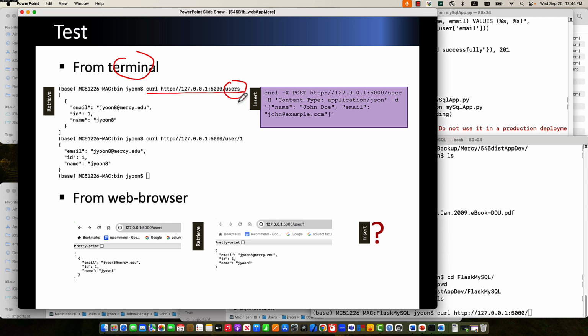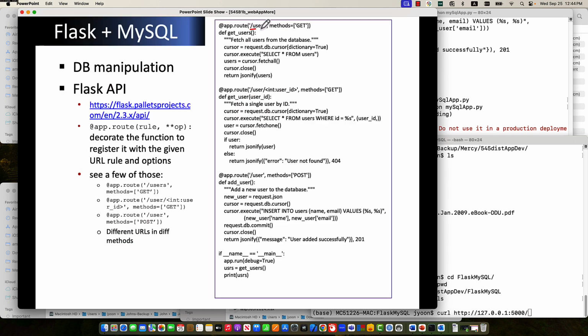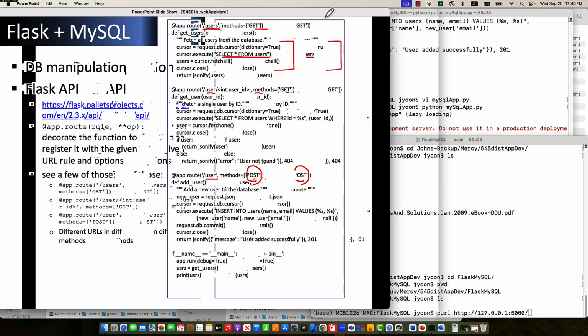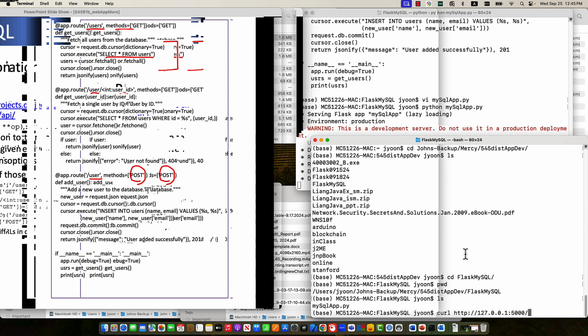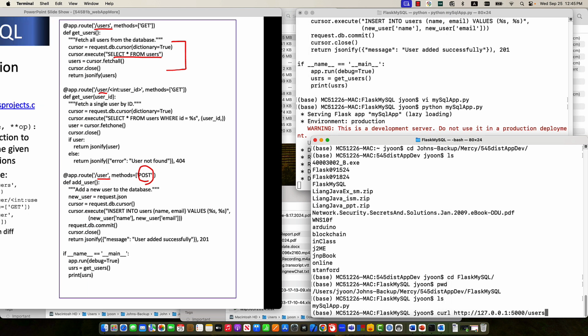What does that mean? If you see the route here, users, or user with some ID, or simply user and then post. Post is something different, right? To update it. So if you do users, then definitely what it does is select star from users. So see if it goes that way. If I say here users and hit enter,